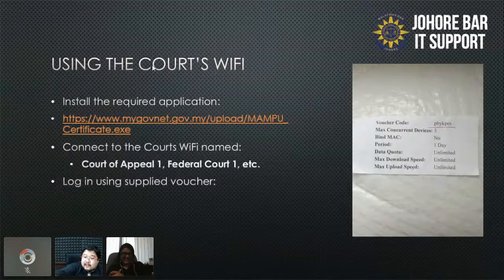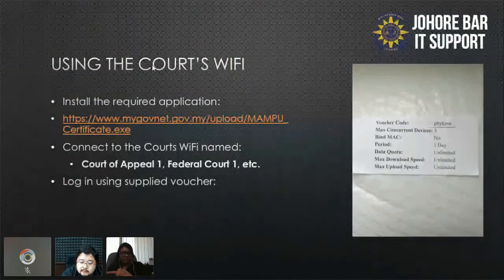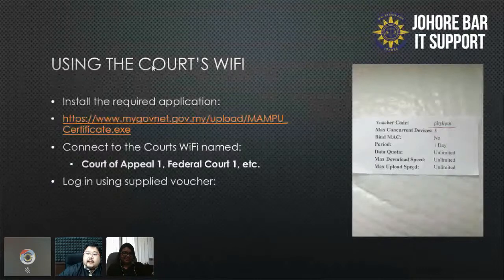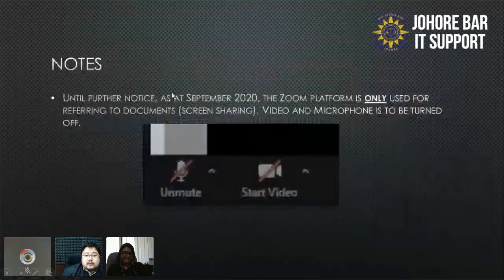Yes. Okay. So what about that little voucher on the right there? That piece of paper, you'll be given physically. So three devices can connect. Usually you have lead counsel and junior counsel. So if both of you have laptops, then both of you can connect to it. Generally, they try to just do one. On the code on that piece of paper, they will then write your Zoom name, but that will be for later. We'll explain that later. Okay. All right. So let's go into it.